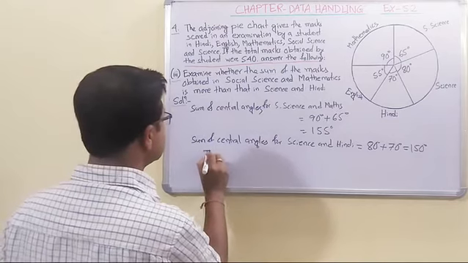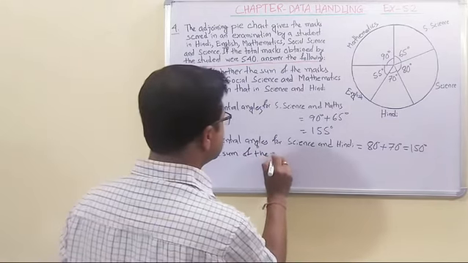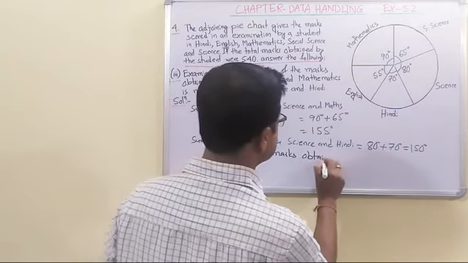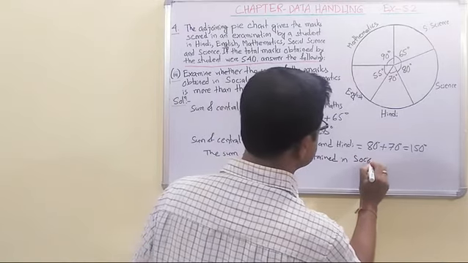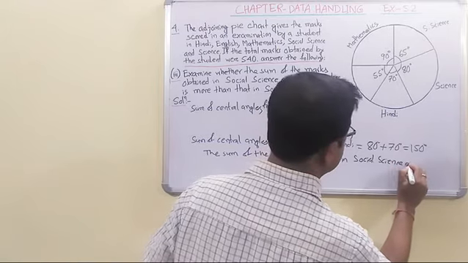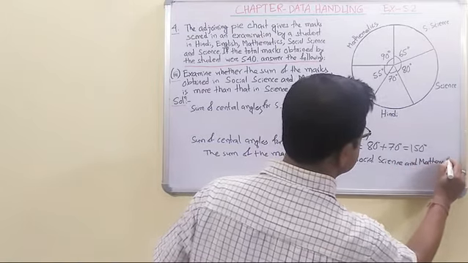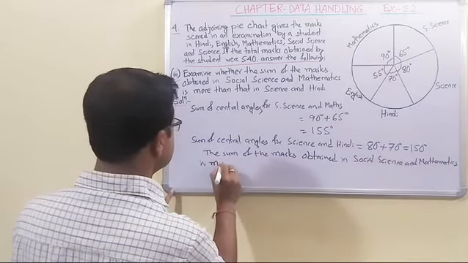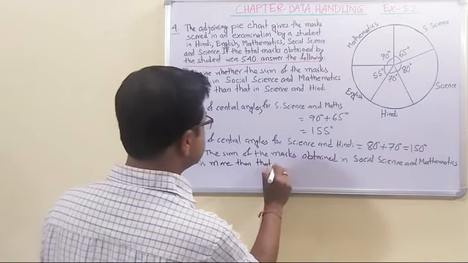Therefore, the sum of the marks obtained in social science and mathematics is more than that in